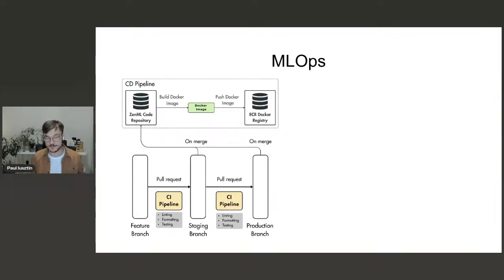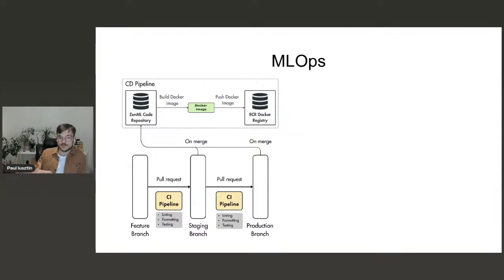Okay, so the first part is to build a CI and CD pipeline. So again, this is actually classic software engineering and DevOps. A CI/CD usually checks. So a standard process is that you work with GitHub or a similar solution and you have the main branch and you create a feature branch, or you can also have a staging environment, and you can make this more complicated, but for the sake of this example, we have production and a feature branch, right? So when you work on your feature branch and you want to do a merge into your production branch.